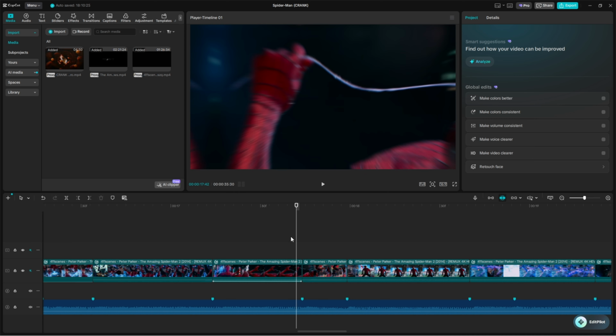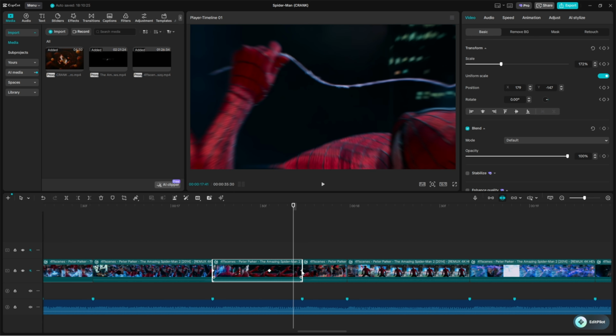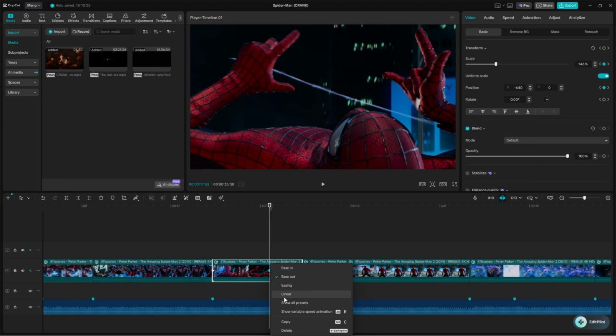So basically in between these two, on mobile it would be in between these two. On this one, you would click your last keyframe. On PC, you would click your last keyframe and place cubic in or ease in 3, I believe. And then your first keyframe or your second keyframe, your middle keyframe on PC, but you're in between your first